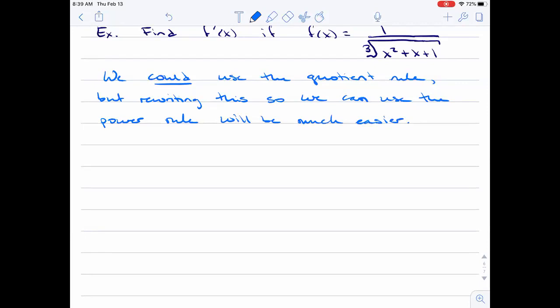So absolutely you could use the quotient rule, but